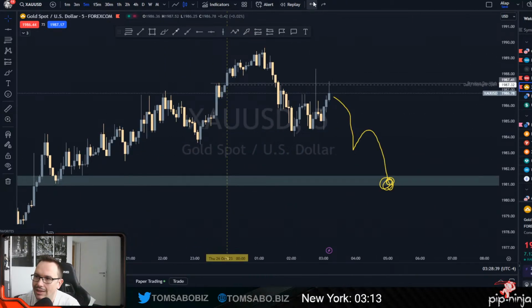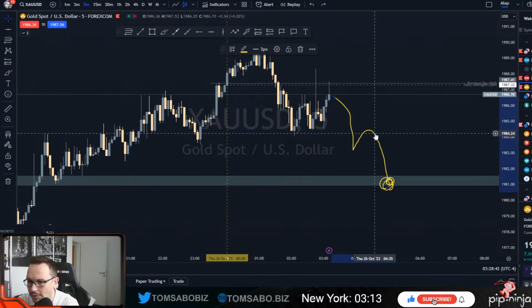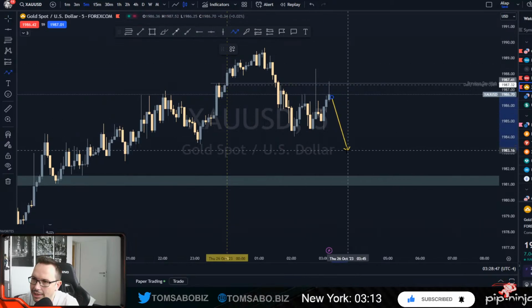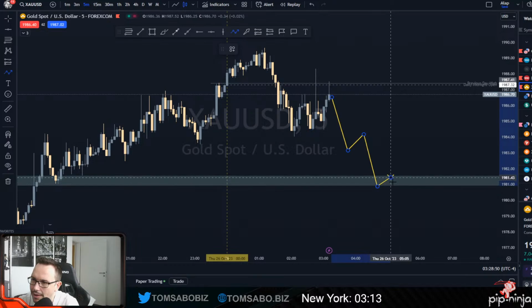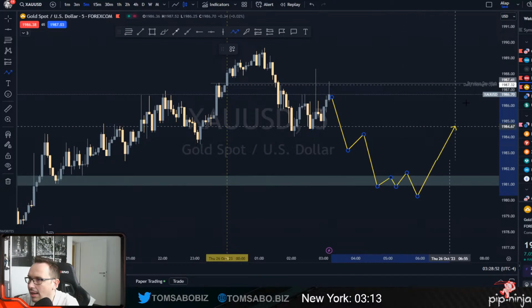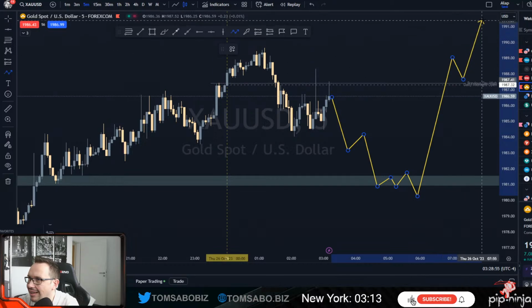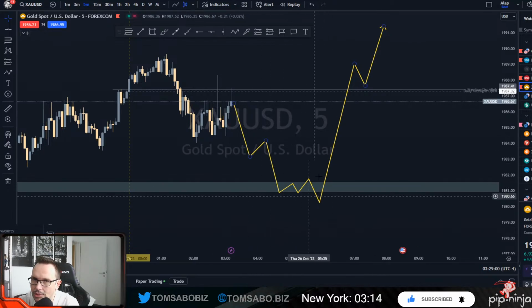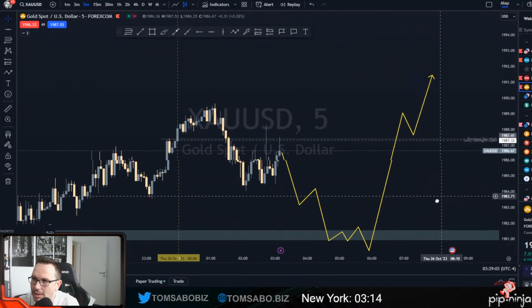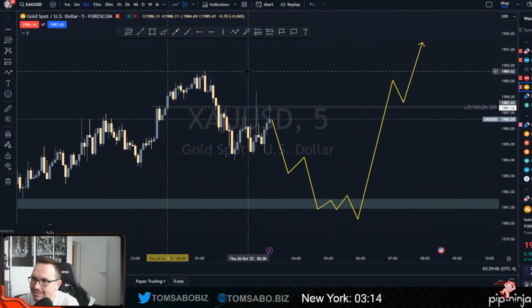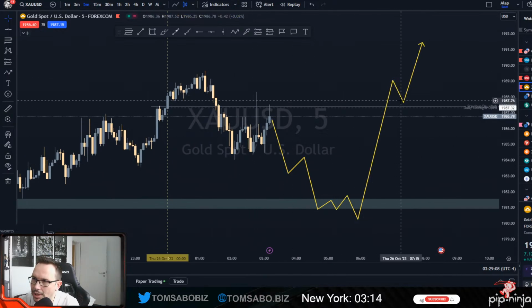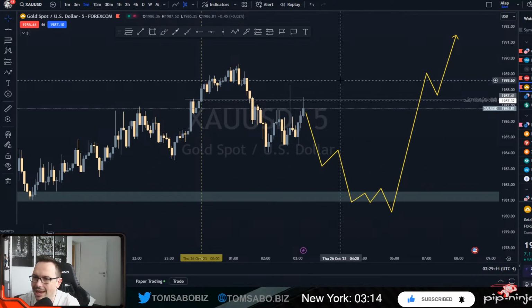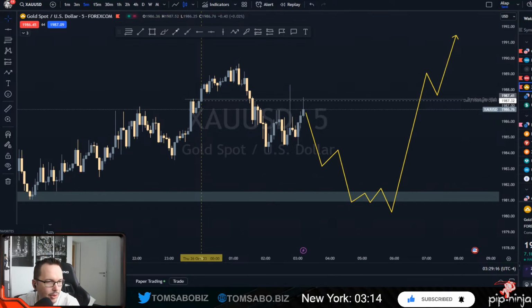Let me show again. How do I delete this? Scenario 2 would be like this. Boom, then this would happen, and then boom. We go down, reprice the hourly imbalance, and then go up. There would be a resistance here, so price would stop here and then go up. But no signal yet, so don't do anything. All right? Don't do anything.